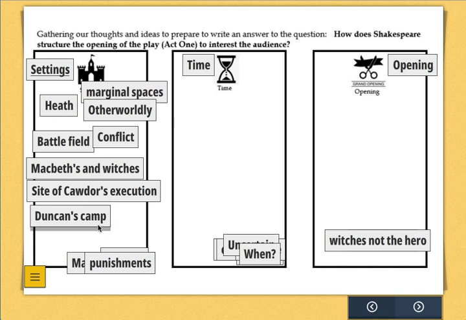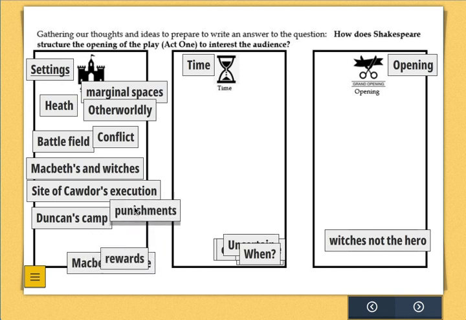Now Duncan's camp is an interesting place, isn't it? It's obviously not his castle, but it has that royal status, so it's quite an official place. It's a setting that's associated with power and authority, but interestingly it's also a place that sees that punishments have been handed out. They talk about the execution of Cawdor, and we hear about how the Thane of Cawdor died. So it's a place for the doling out of punishment,